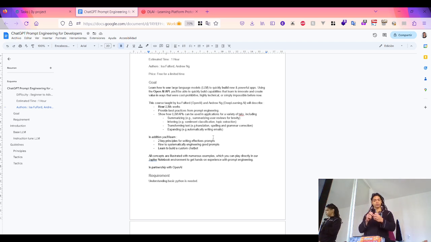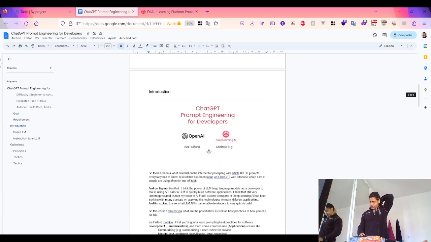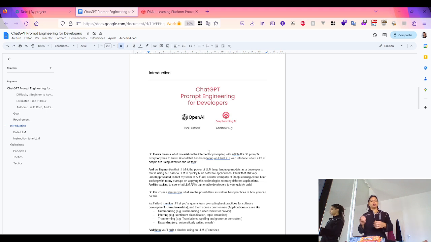And in addition, we're going to learn two key principles for writing effective prompts, know how to do that systematically, and learn how to build a chat application. Okay, cool. So the requirement here is using Python. All right. So in this introduction, just to make a quick recap,